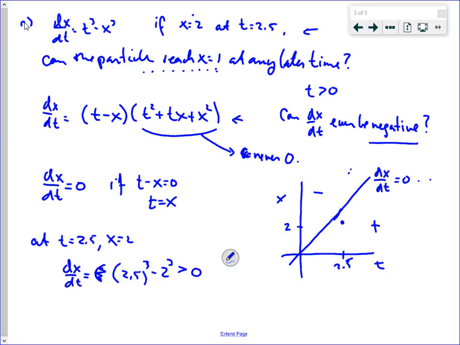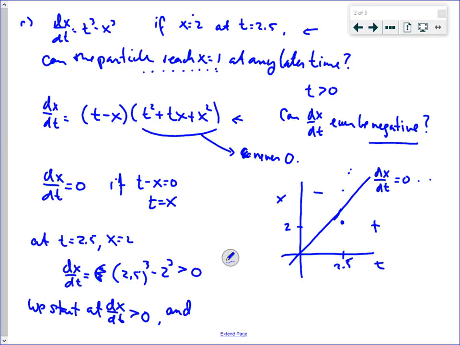We're not going to go up anymore. So we're not going to go up into that section. Okay, so that's the point I'm trying to make here, is that since we start going in a positive direction, when we're at 2.5, 2, we're going in a positive direction,